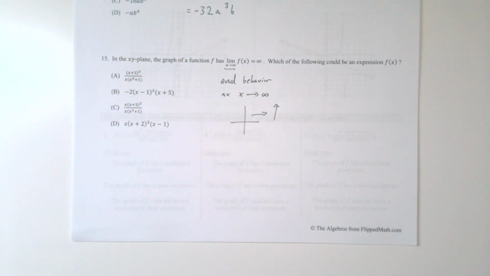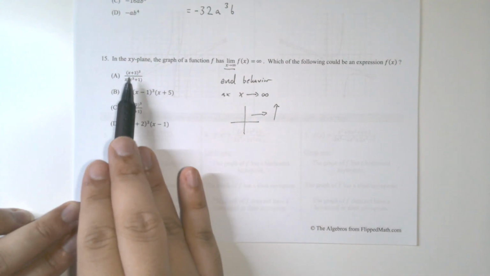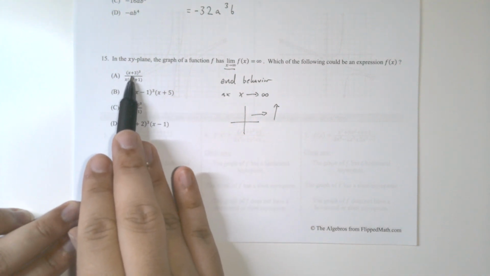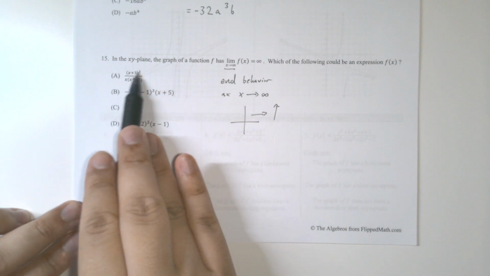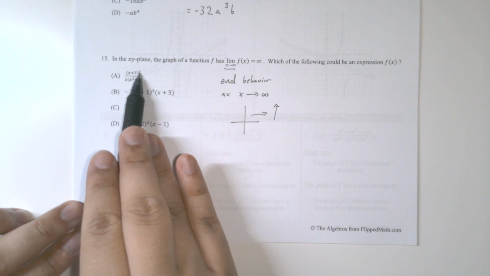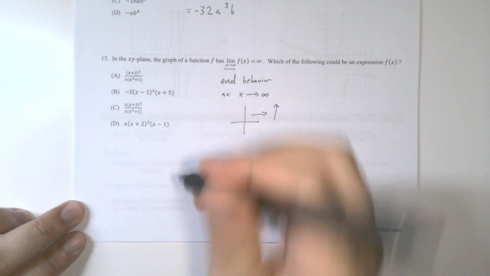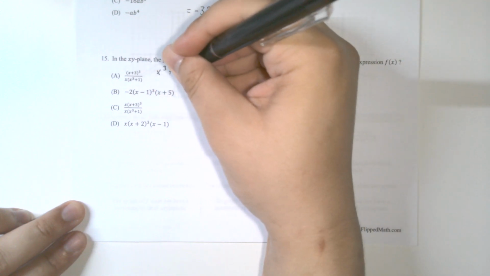But there's a way that you can find this without even using the binomial theorem. First, let's just look at the types of functions we have here. First, we know that if we have answer choice A, x plus 3 cubed, our leading term is just going to be an x cubed term. So this is going to be x cubed plus some stuff